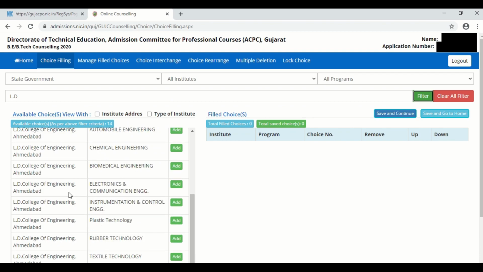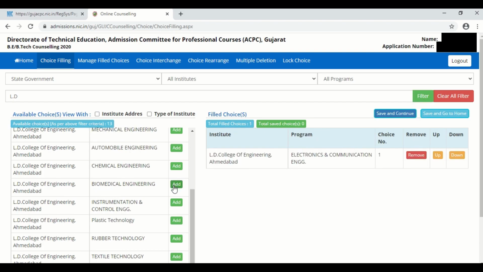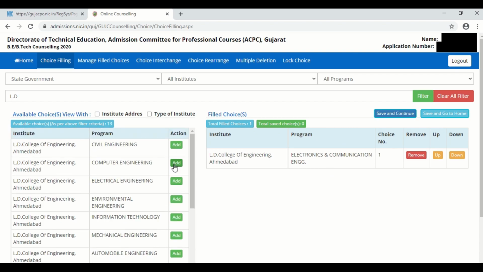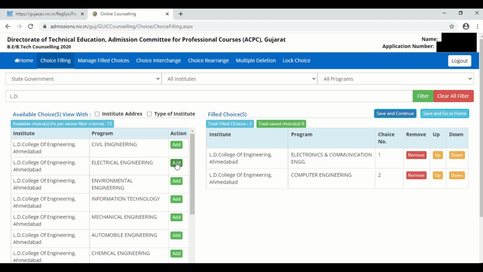Let's say I am interested in electronics and communication engineering, so I'll press add here, so that will be added on the right side.